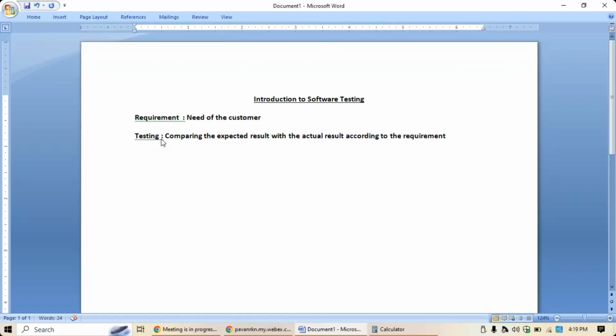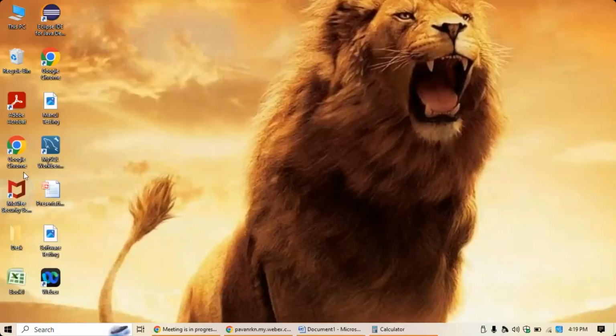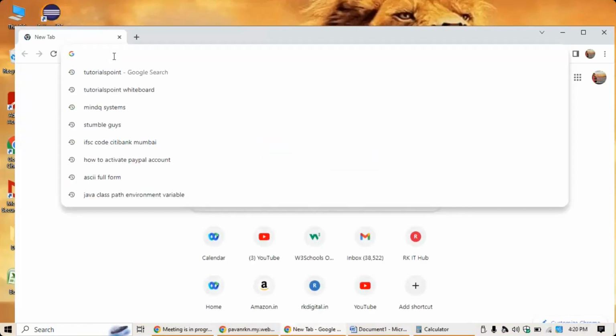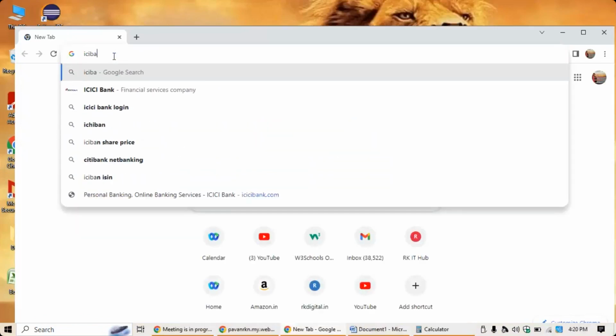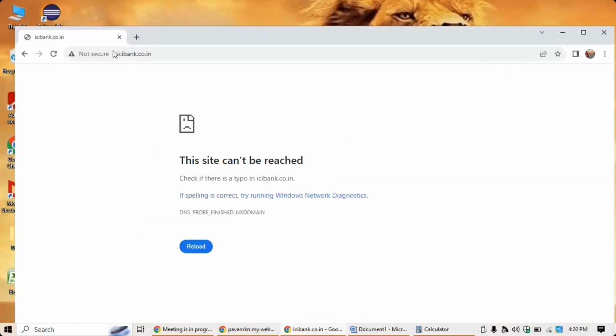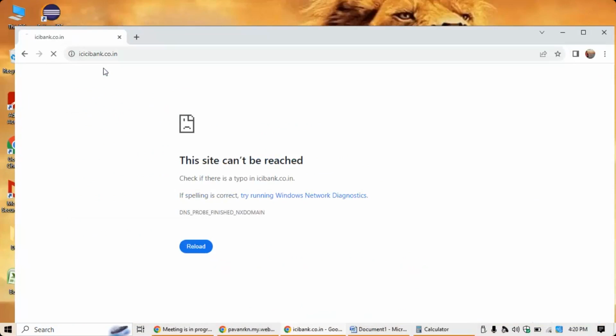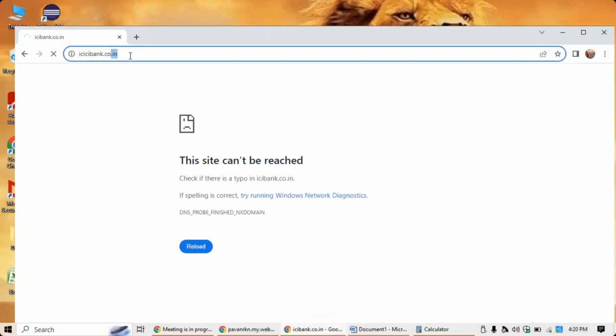Now you need to understand what is a software. What do you mean by software? So software means what? When I say software, you need to understand first what is software. For example, if you go to any of these applications, let us say you wanted to go to some banking website, let us say ICICI Bank. So this is web application, right? So when you go to icicibank.com,